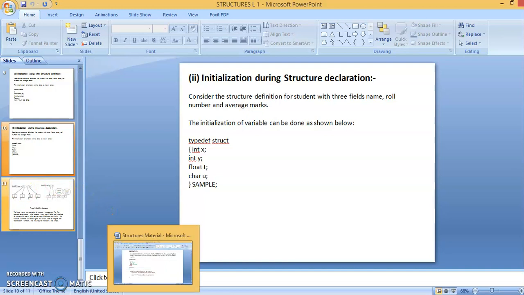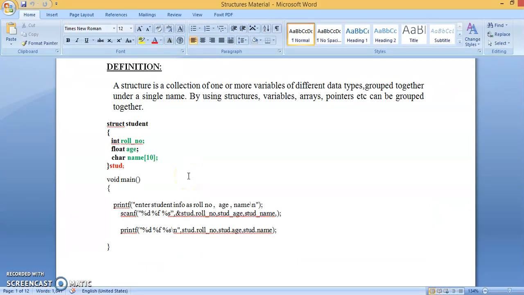Now I want to explain with a program. struct student is a structure and stud is a structure variable name, and roll number, age, name are the members of the structure student. Now we enter student info, reading the student's roll number, age, name. How do we access the roll number, which is a structure member?